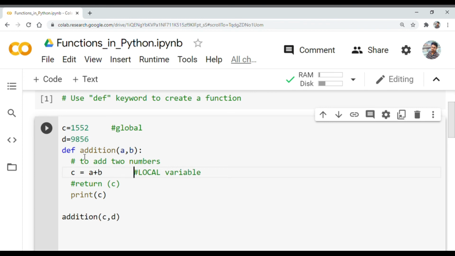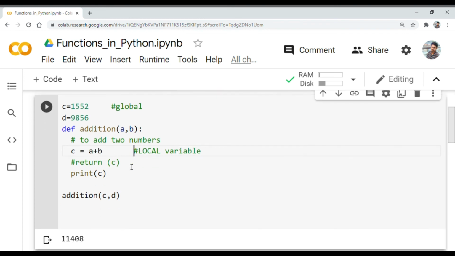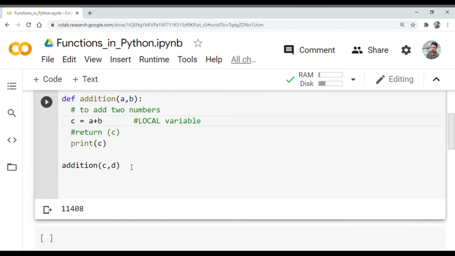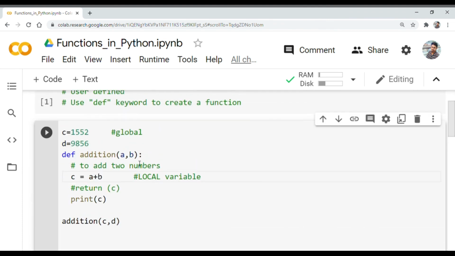So this is the difference in c, the same variable, in local and global. It will make the concept more clear, because the same variable has two different values, one at the global level and the second one at the local level. I hope it's clear.